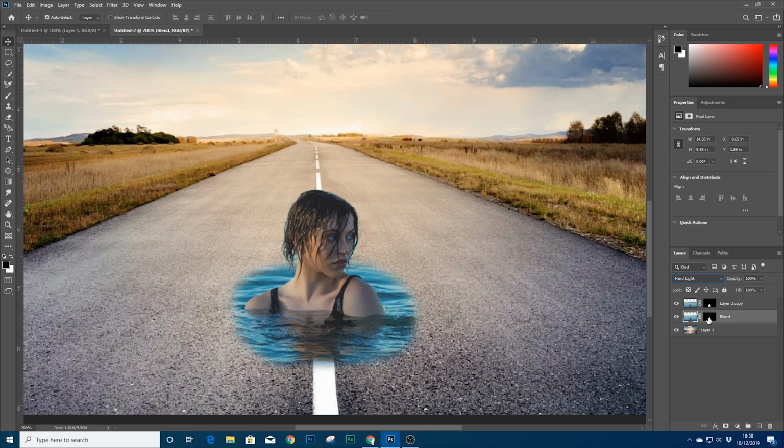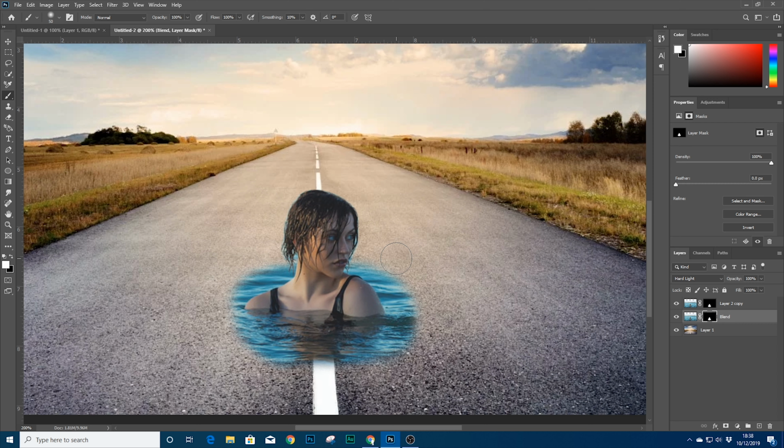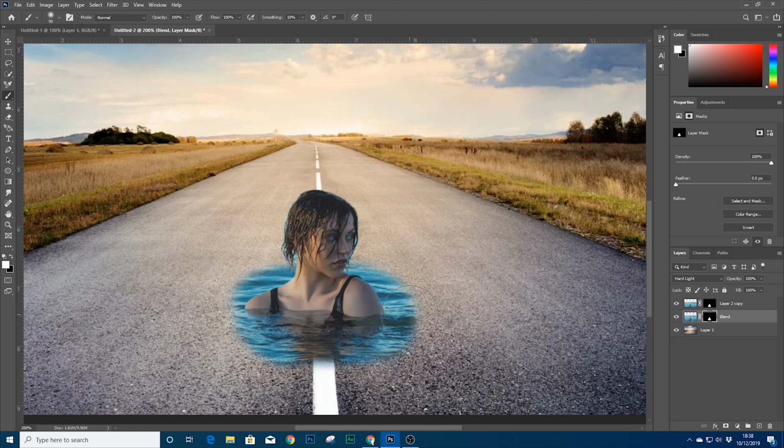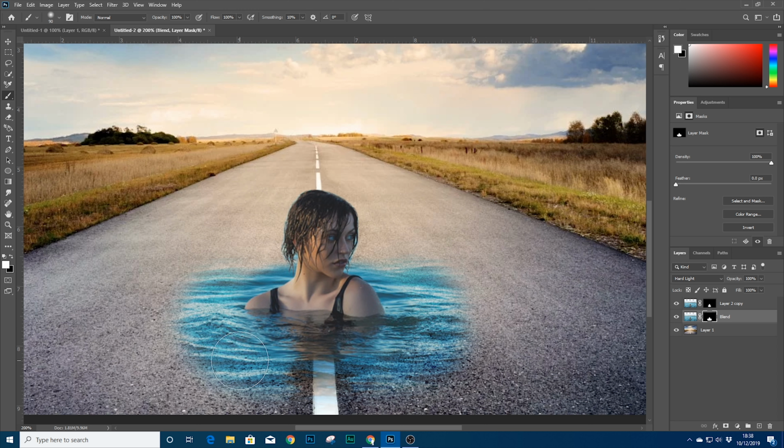So on this second blend layer, make sure we've got that mask selected, and again we're going to bring back, but what I'm going to do here is go slightly bigger on my brush size. One thing you do need to make sure is if you right click, make sure hardness is 0%. So on this, I'm just going to go round the edge a bit more, but you can see we get more road texture in this blend mode. So I'm just going to go round the edge. I don't want to go too far behind, but I do want plenty in the foreground. So I'm just going to